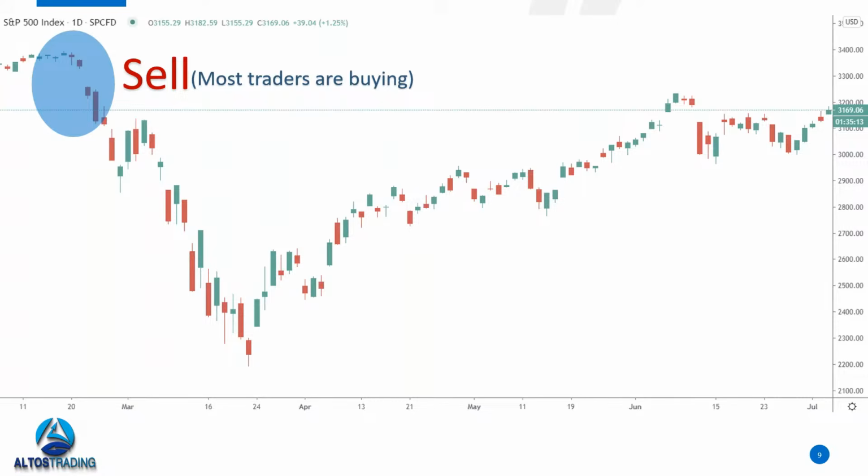But the key here to understand is that when you're near market tops, and you can easily verify this by looking at volume profiles, right? Volume at price, and see how many people are buying in near market tops. It's a lot. Okay, but this is when markets are vulnerable, right? They're vulnerable to a sell-off. One little negative catalyst could derail that bull market and cause a sell-off. Well, that's obviously what happened back in 2020. Okay, so this is actually where we want to look at selling when most other traders are buying.